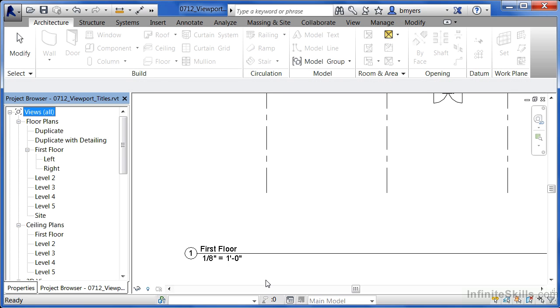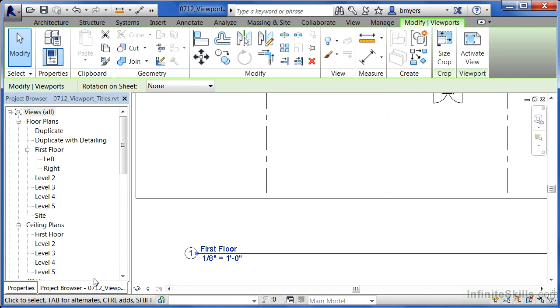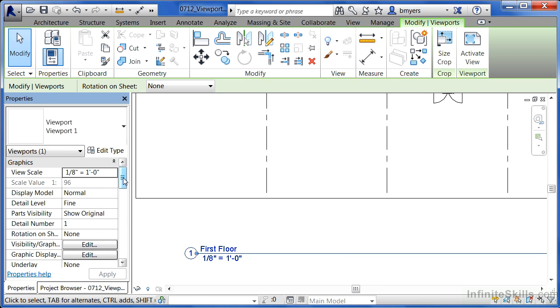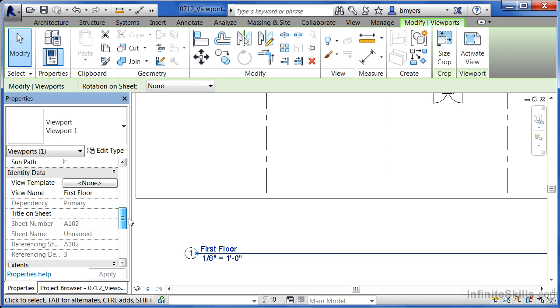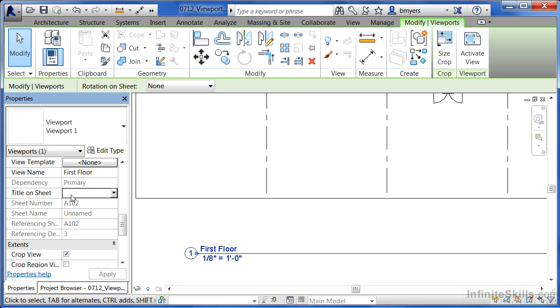Oftentimes that'll be just fine. But maybe we'd like this to read something a little bit different. Not just first floor, but maybe first floor plan. If this should be first floor plan, what we can do is click on the view again, go to its properties, scroll down, and then there'll be an option about midway down called title on sheet. If you type in something different here, such as first floor plan,